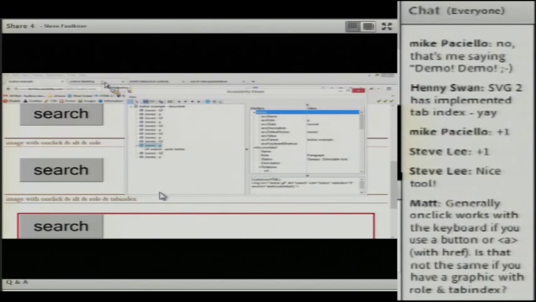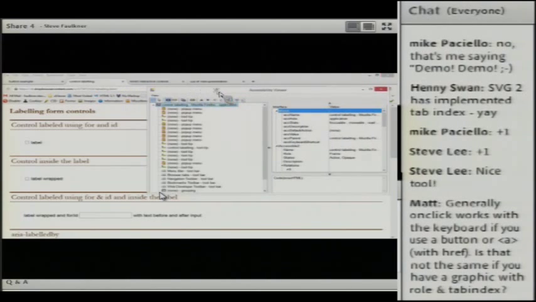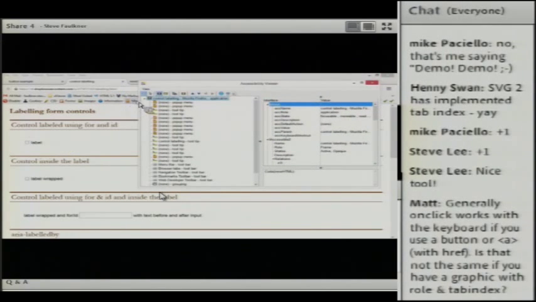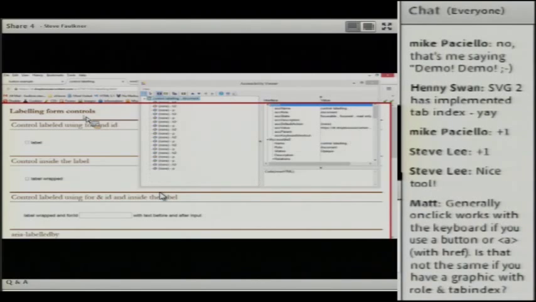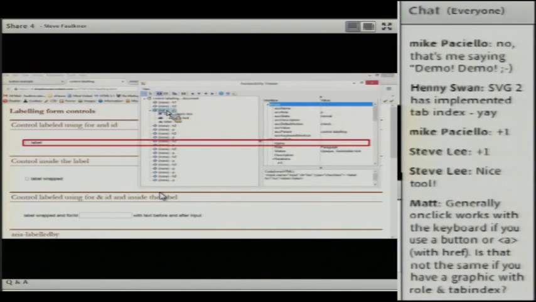Okay, so what I'll look at now is some examples of labeling. So what we've got here is labeling of controls. So we've got a control label using for and ID. Okay, you can actually see the code there, and you see the for, and you can see the ID.